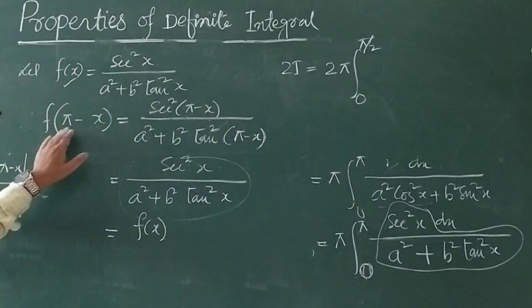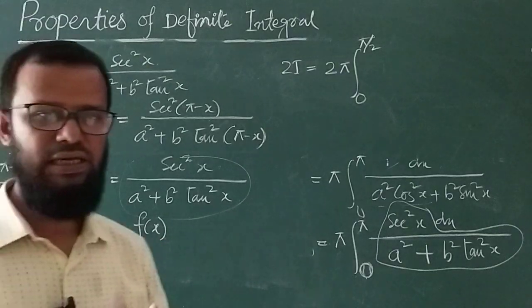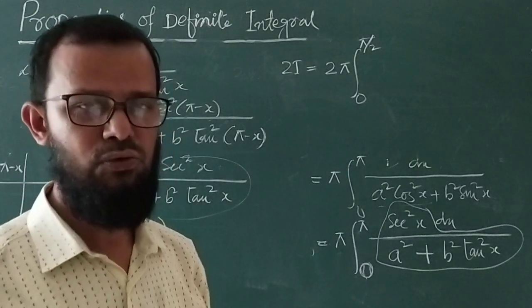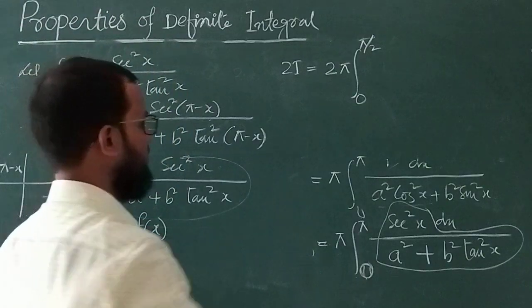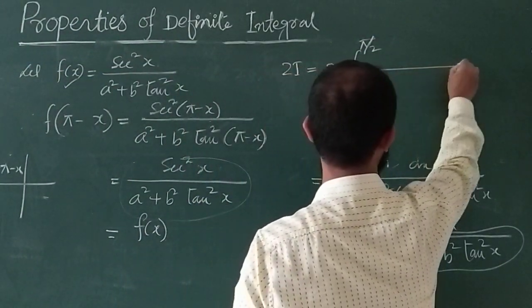According to the property, f of twice a minus x equal to f(x), the integration 0 to twice a of f(x) dx is equal to 2 into the integration 0 to a of f(x) dx. So 2 into 0 to a of f(x) dx, where f(x) is sec square x dx